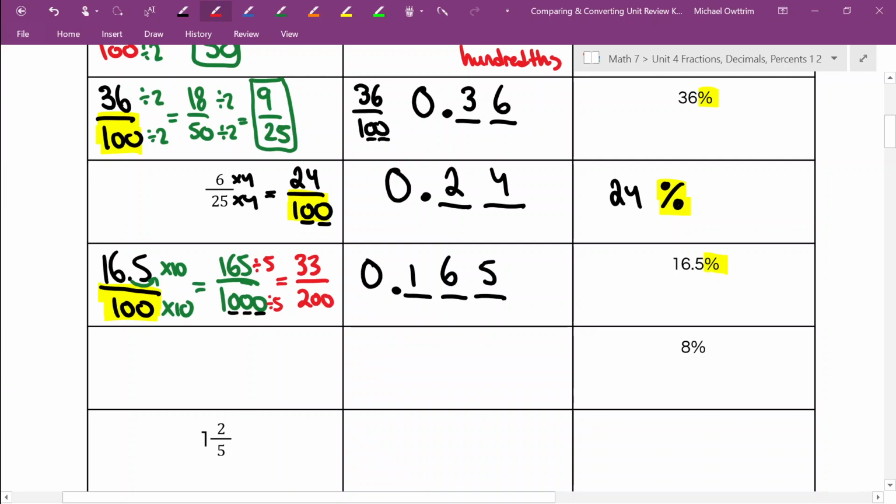33 only divides by 3 and 11. 200 doesn't divide by either of those, so that is our simplest form for this fraction. Again, don't be afraid to long divide there in that question if you need to. Okay,